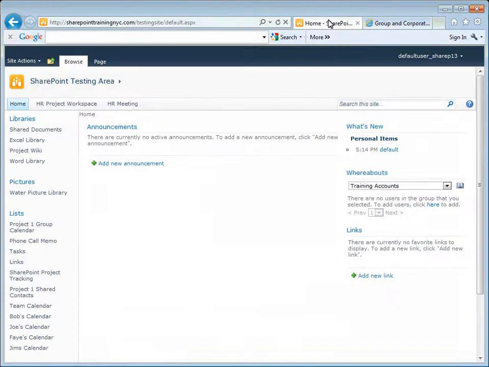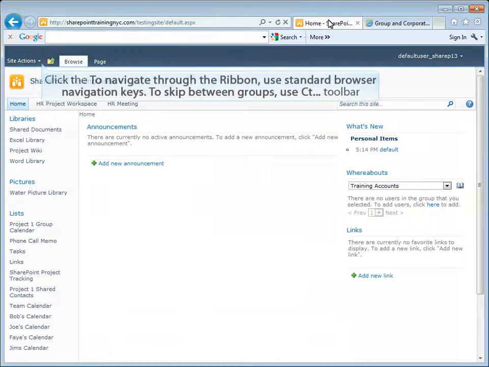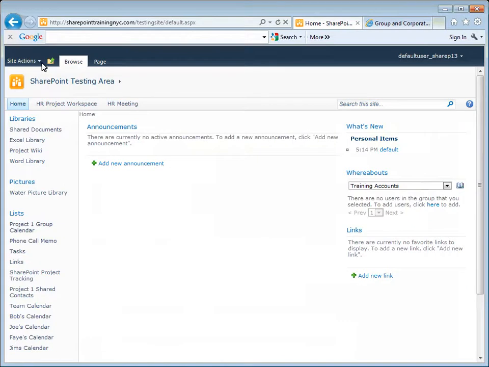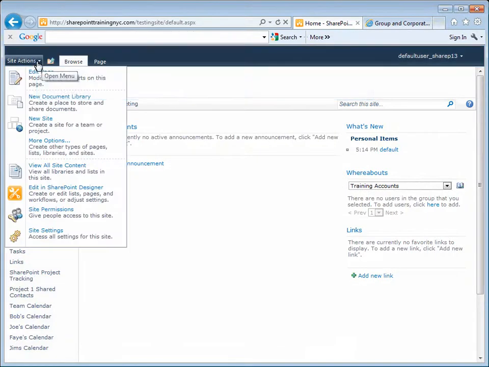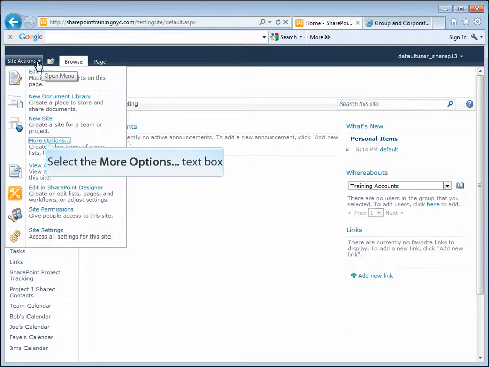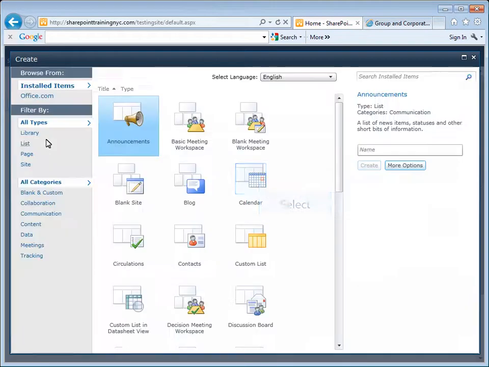Let's get started. We have a SharePoint site, a basic SharePoint site. We are going to first create a shell calendar. This shell calendar is going to be a view into many different people's calendars. For instance, we are going to create a shell calendar called All Managers, and we can see all the managers' calendars in one place. So Site Actions, More Options,